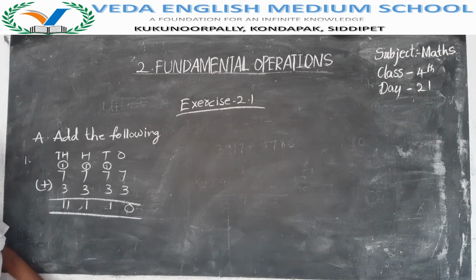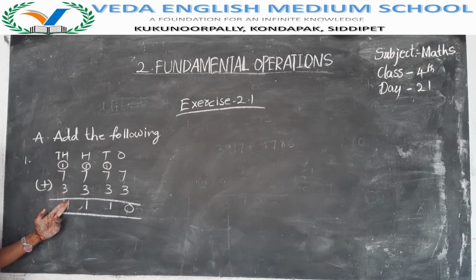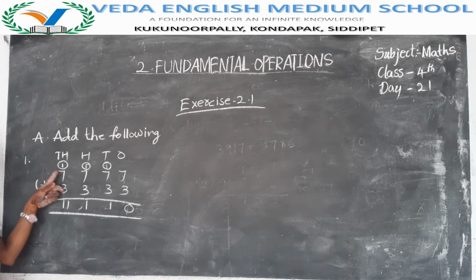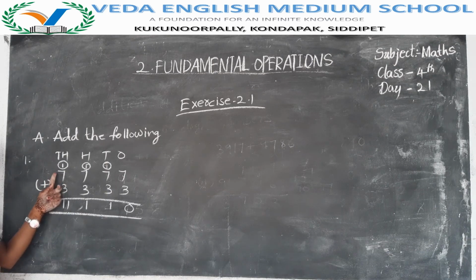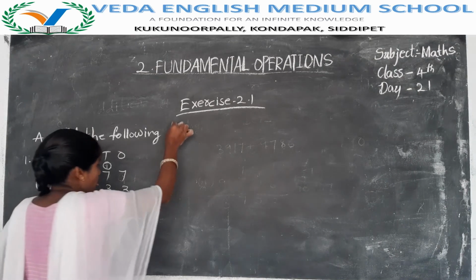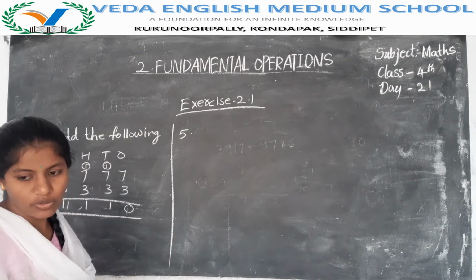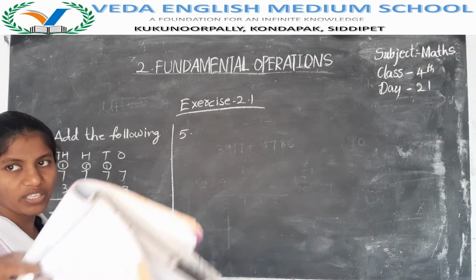Understand? If you get 2-digit numbers, don't get confused. Ones place number you have to write in the answer. Tens place number becomes the carry to the next number. For the last number, if you get 2 digits, write it as it is, because there is no extra number beside it to carry. So you have to write as it is. Like this you have to add. Next I will explain the 5th one. 6th, 7th, 8th, do like this only.